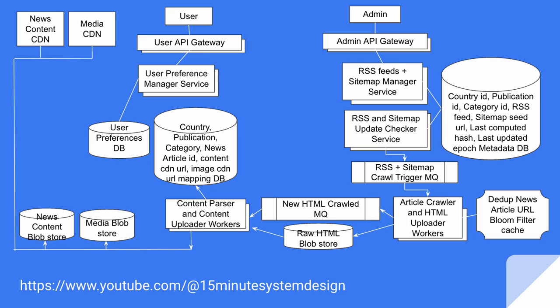Okay. Now, once the content has been parsed and saved as well as uploaded on CDN, there's a service called latest news service, which provides the latest news by fetching the content from this DB. While fetching the content from the DB, it also checks if the particular publication falls under the user preferences. To do that, it calls user preference manager service before serving the data.